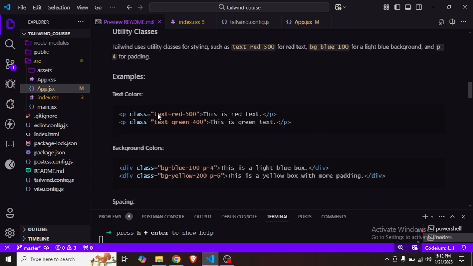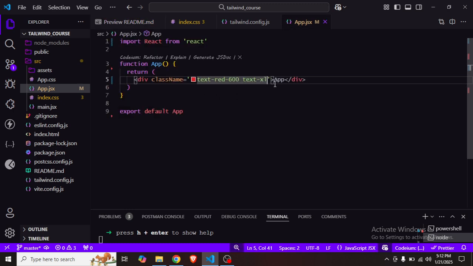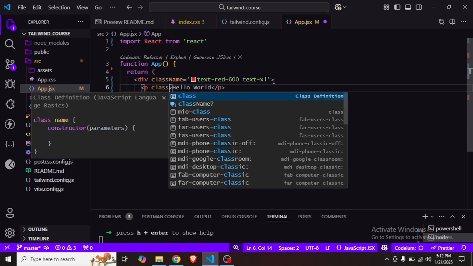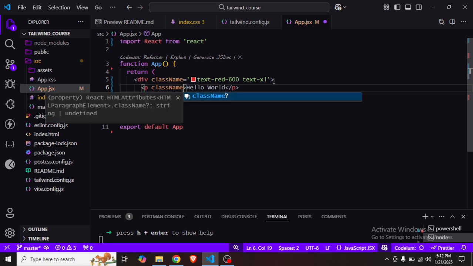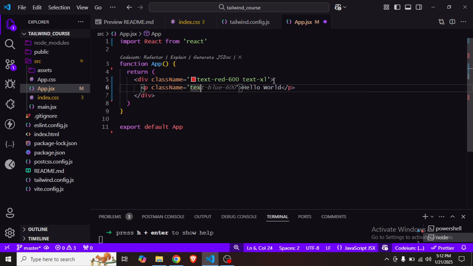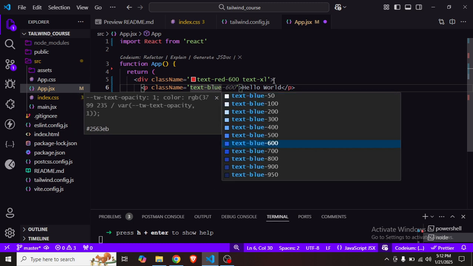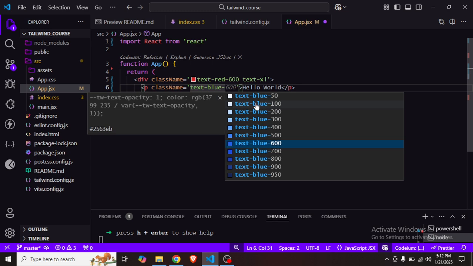After this, if you want colors, then you will have to go with the text colors. Now let me show you. For example, here I have a paragraph tag. Now I want to apply color on this hello world, so I want to apply some color classes on this. I want to make it blue, then blue. And these classes go from 50 to 900. These IntelliSense suggestions are coming with the help of